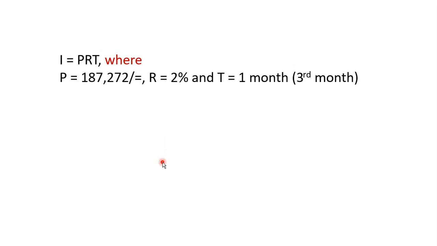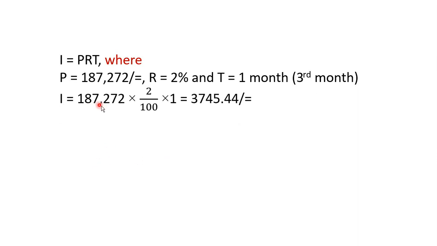So we shall use interest is equal to P times R times T. Of course, the rate is out of 100. When we substitute, we are going to have 207 times 2 out of 100 times 1. We consider only 1 month, but we are looking at the third month now. When we multiply, because the time duration is 1 month, it's going to give us an interest of